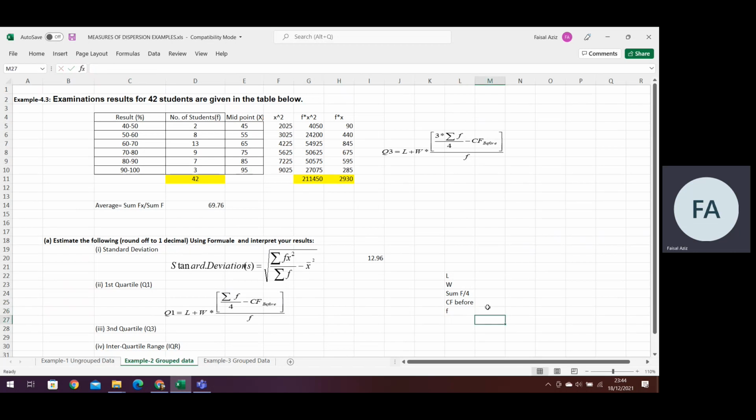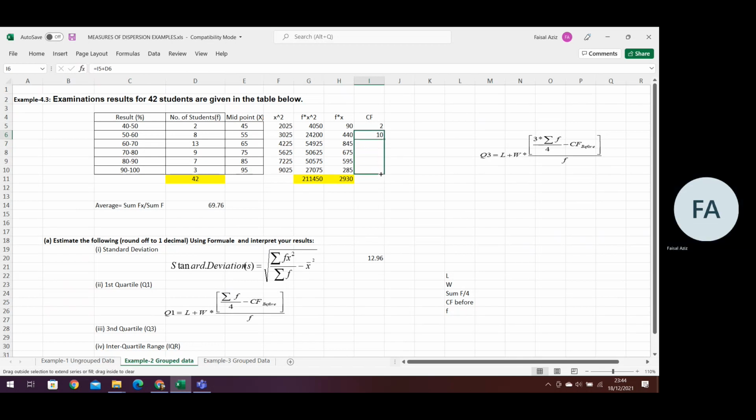So as you can see over here, as per the formula requirement, we should have a cumulative frequency column. So I'm going to make this cumulative frequency column here, CF. CF will be the first observation, the frequency will come as it is, and then followed by 2 plus the next number, and then you can drag it down. So this will give us cumulative frequency.